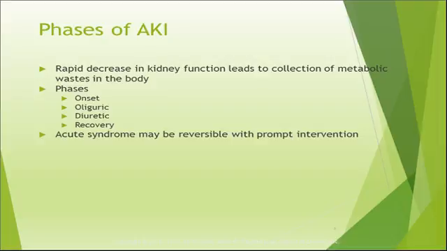Any of the surviving kidney tubules possess a really good ability to regenerate and proliferate, or grow, so that's why it's really a good idea to make sure that we're identifying these patients promptly so that we can stop the progression of AKI. The oliguria phase, not all patients experience this, but the inflammatory causes of AKI can allow proteins